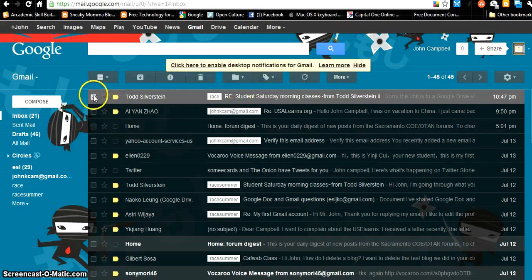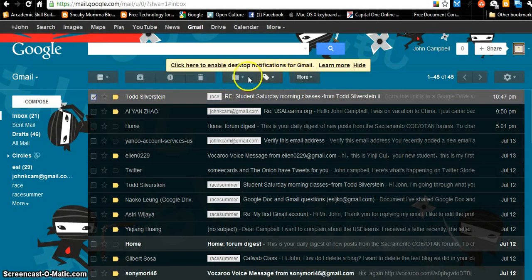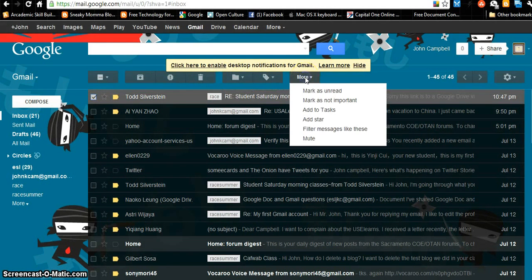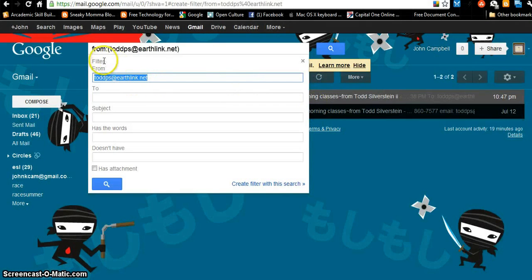Now, if I don't have a name clicked, this is all blank here. But if I click a name, I can click on more, and there's more options. I can add a star, I can add an email to the task list, I can mark it as unread, as not important. I could also filter this message. What this means is I have this one clicked, this email. If I filter messages like this, any message from this address